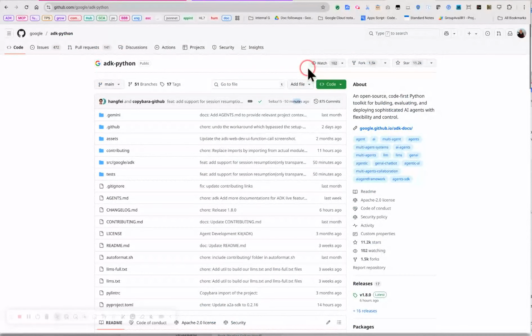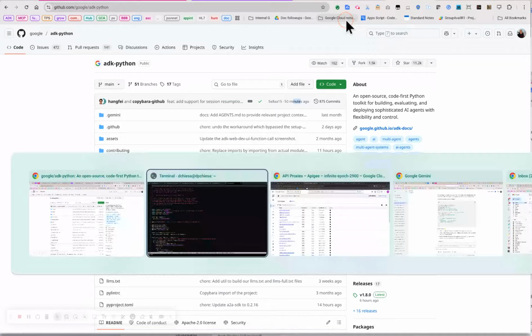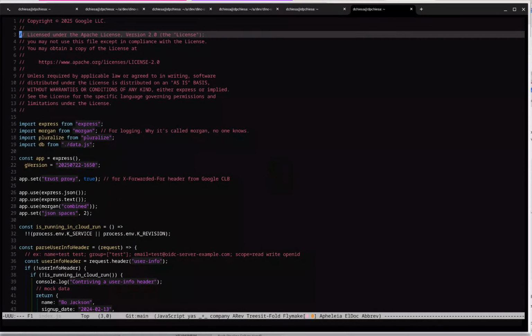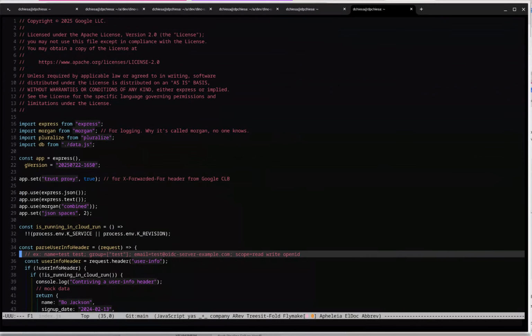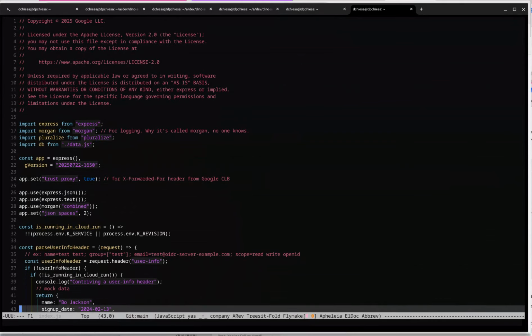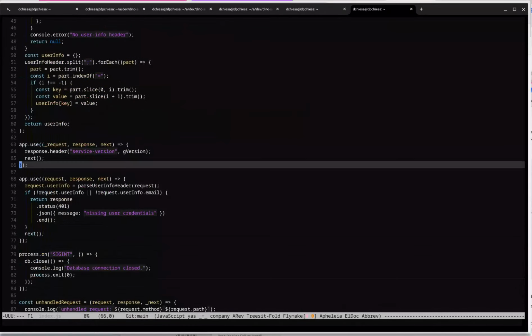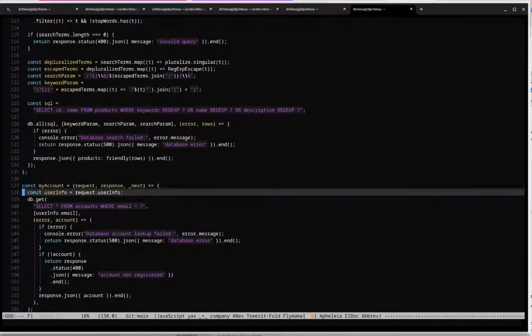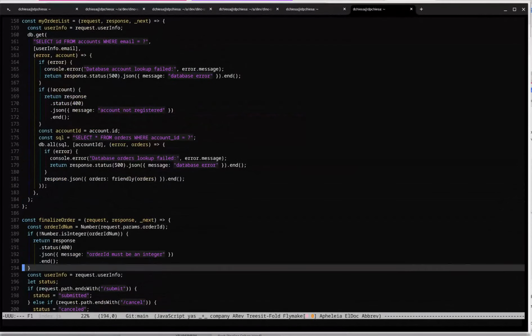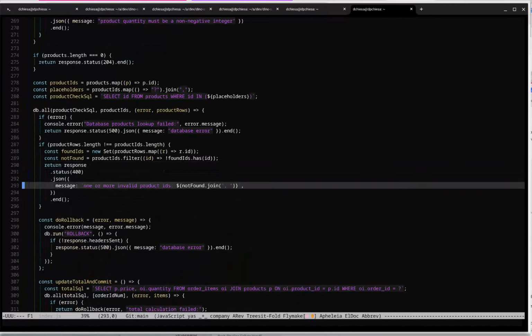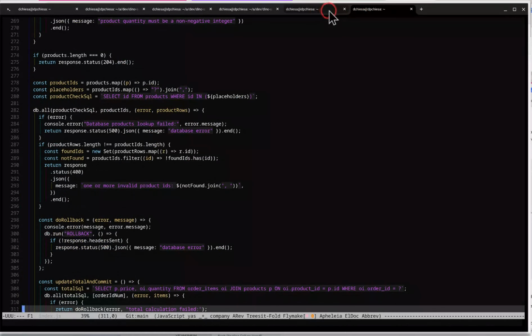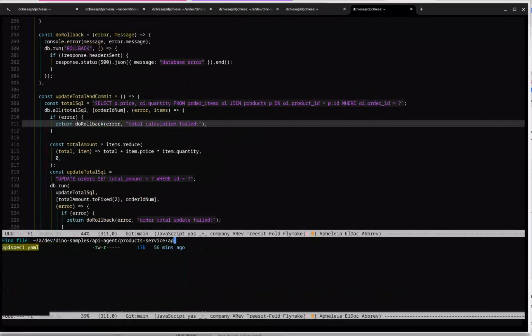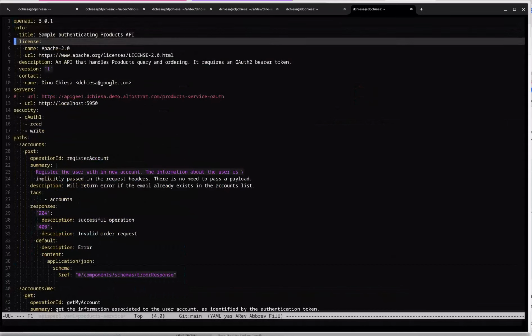And I want to show you what I've put together. So I have a service, my implementation is in Node.js. It doesn't have to be, that's just an implementation detail. But this is an example service that I wrote up that does order management for a kind of contrived retail products scenario. So you can look up your account, you can query products, you can create an order and add products to the order. And as well, I have an API spec for that interface, and it looks like this: